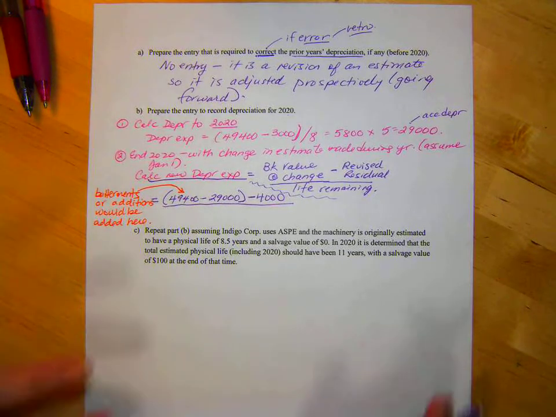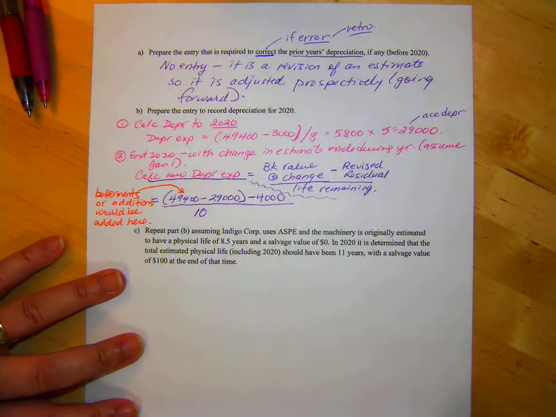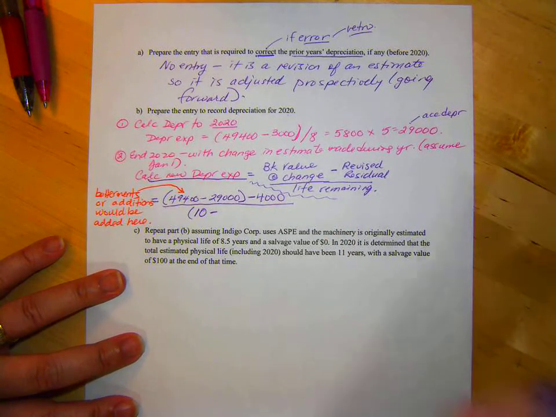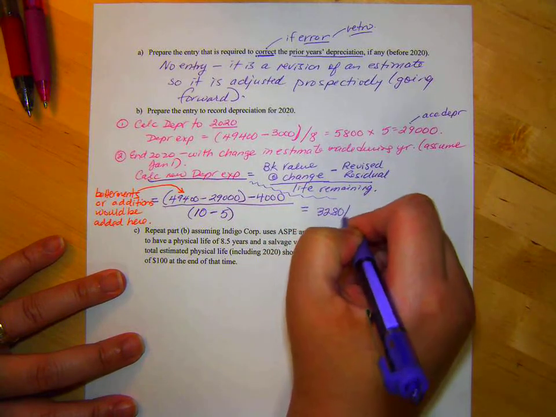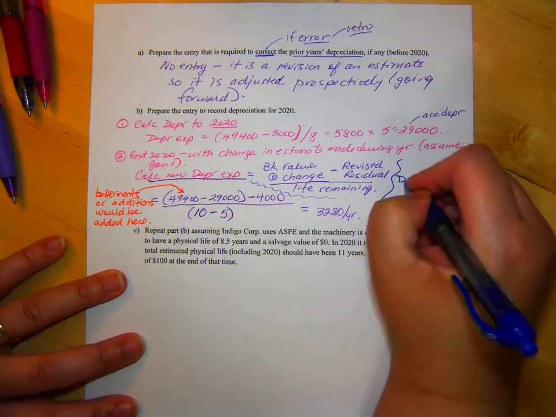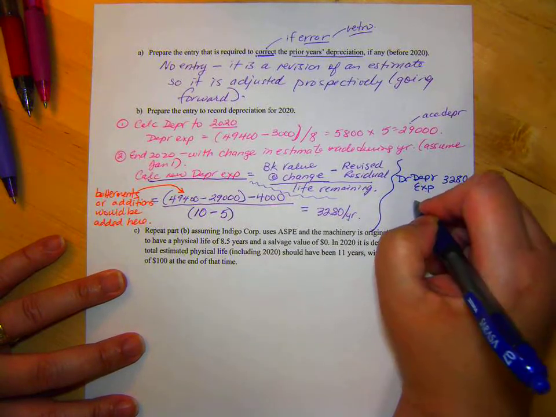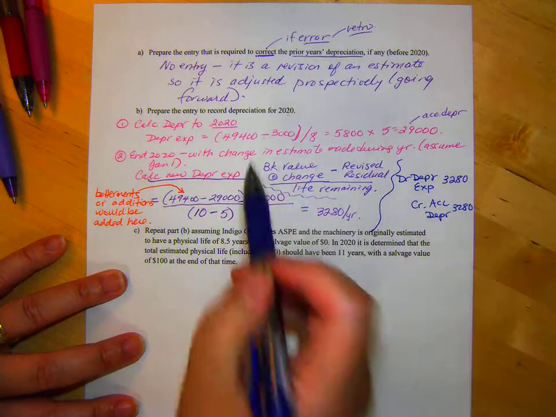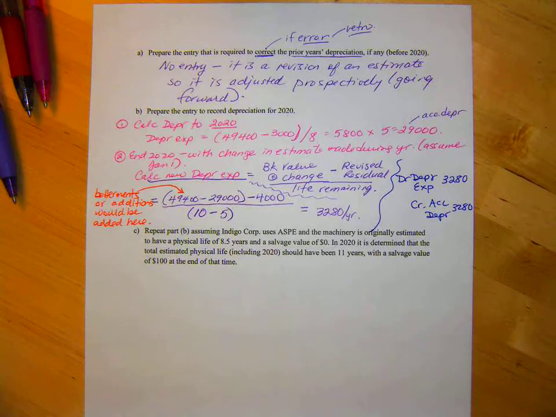Hopefully that'll come back. Okay, so we said in total there should be 10 years, right? How many years have gone by already? 5. So this is going to equal 3,280 per year. So we debit depreciation expense 3,280 and credit accumulated depreciation 3,280. Now, if it would have specifically said on April 1st,